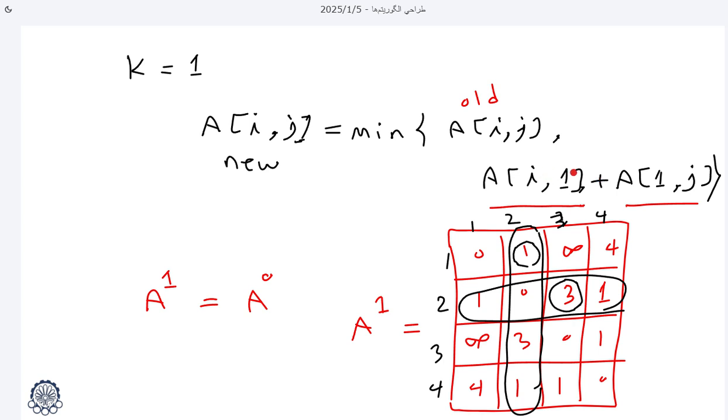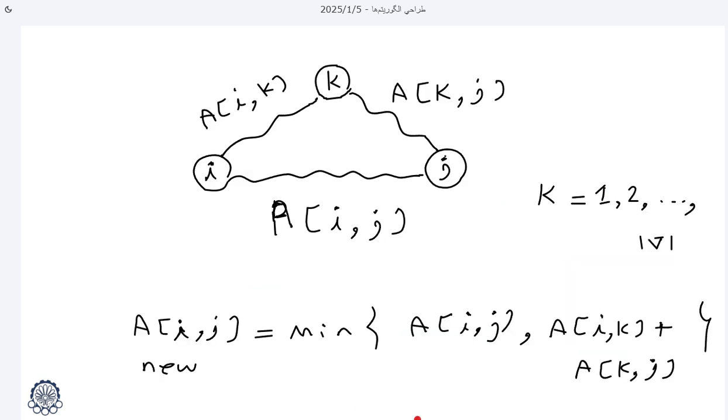Because node 1 is an intermediate node, we add these two values. Consider this picture. If node K is an intermediate node, we go from i to K and then from K to j. We compare this option with the old